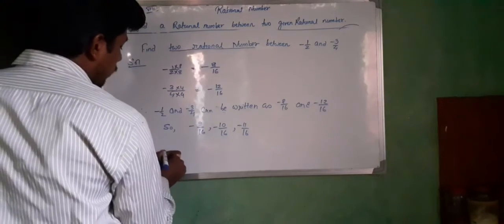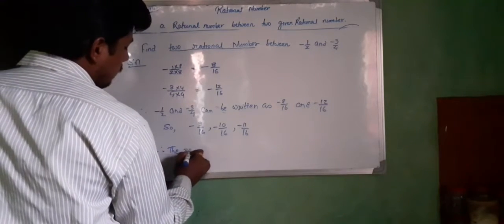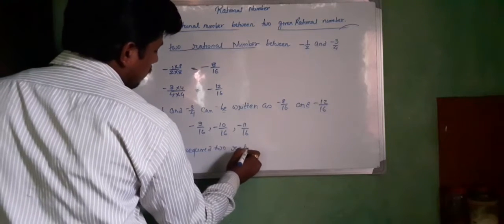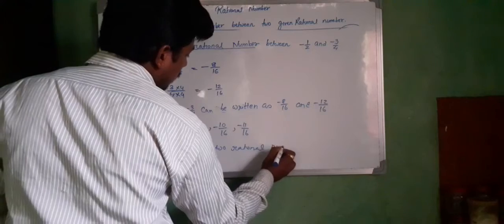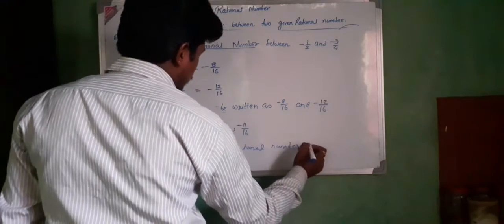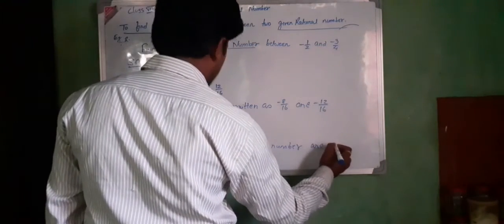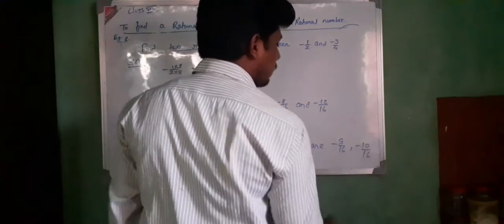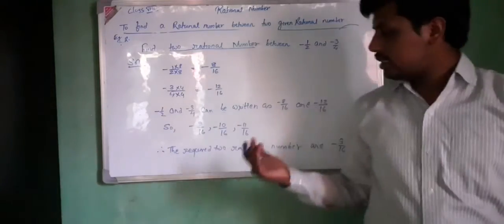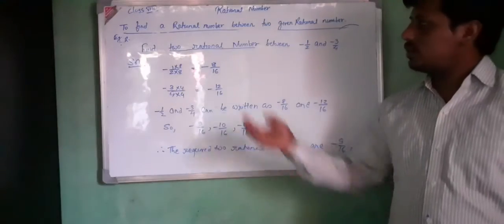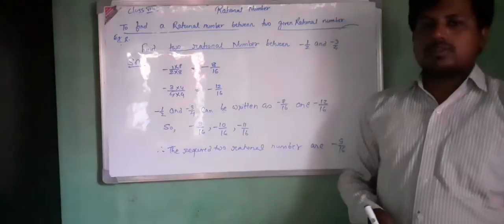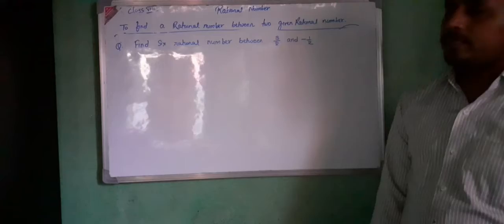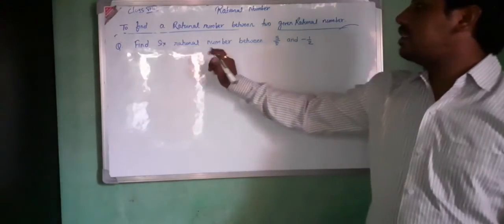Now therefore the required two rational numbers are minus 9 by 16 and minus 10 by 16. You write only two rational numbers. We got three, but you can write only two because in the question we have to find only two rational numbers. Next question. Find six rational numbers